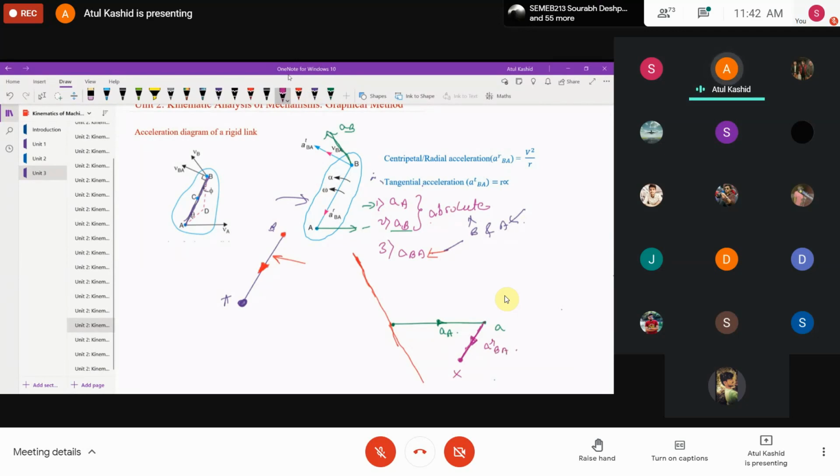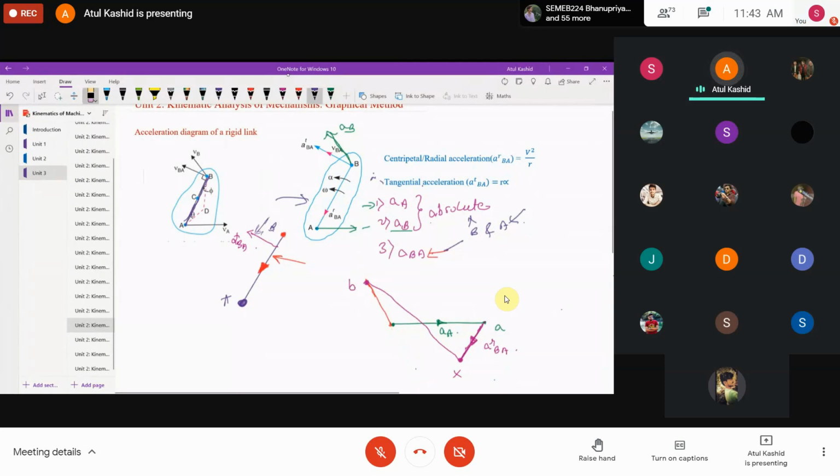Now we are interested in the tangential component. So we know that tangential component will be perpendicular to this link AB, the tangential acceleration of B with respect to A. So from X, what we'll do, we'll go now upward, right? And it will be perpendicular to this link, right? So we are going to draw parallel to this. Okay, so I will start from the point X and I will draw so that it is going to intersect. Okay, so this is the point B I'm getting over here. So whatever unnecessary stuff is there, we need to erase that. So this will go, and this is also going to.